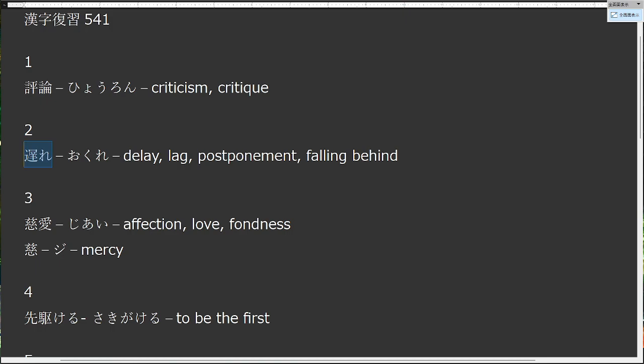Number 3 is ji. Ji on the left side, our new kanji for mercy, and i on the right side for love. So mercy and love are affection, love or fondness for someone. Ji is mercy plus love. Our new kanji mercy is made of kind of a two-handled pot lid over two threads connected to the heart.